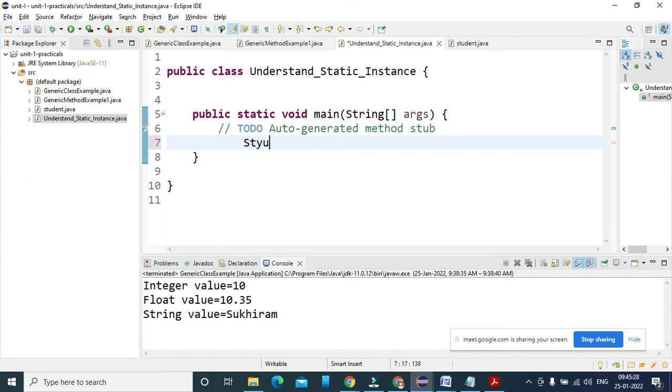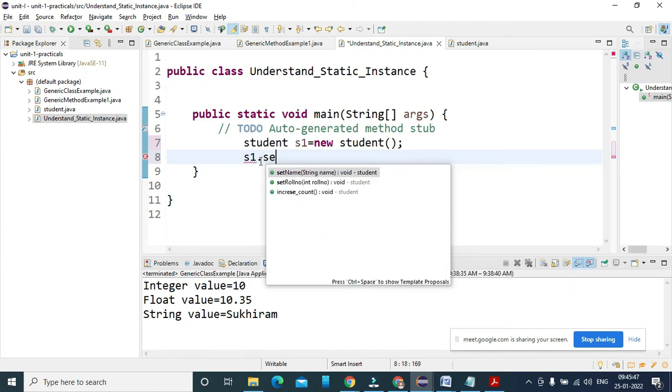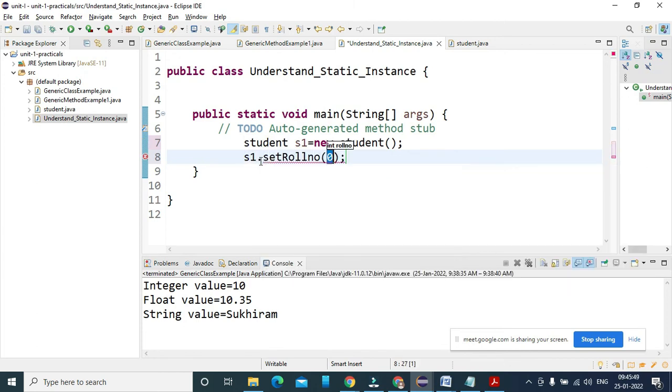Student s1 equal to new Student here, and assigning. So constructor नहीं define किया तो भी it will set roll number equal to 1 and set name equal to Sukhiram.